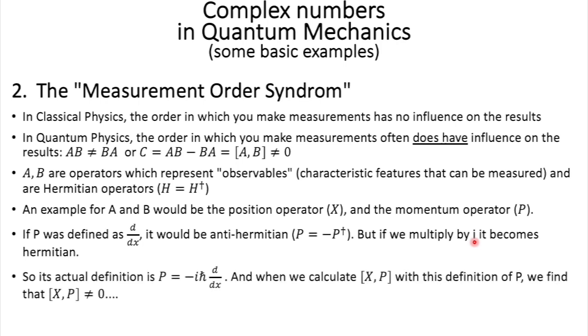So the real definition of P, the momentum operator, would be this: minus i times this constant h, d over dx. If you're asking yourself why, h is here just to make sure we have the right units, and the minus sign is here, let's say, to be consistent with Minkowski space in special relativity. It doesn't matter. But what's important here is that thanks to i, and therefore thanks to complex numbers, we can be isomorphic to what we actually measure in the physical world, and we can also derive the Heisenberg uncertainty principle. Wow.